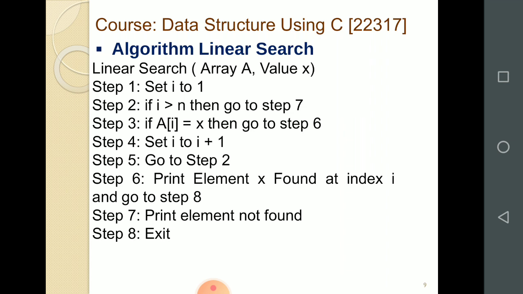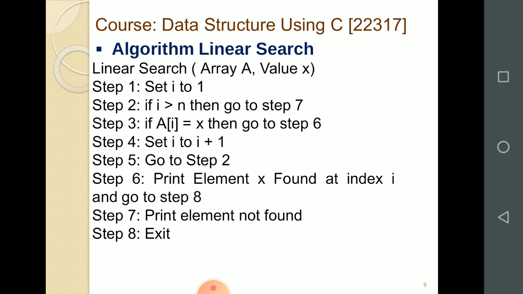For that, we just increase the value of I and then again go to check step number 2. What is step number 2 here? Step number 2 just finds out whether we have reached the end of the array or not. If I is greater than n, where n is the size of the array, we have to go up to the end of the array. Till then we search the element. If a of I is equal to x, we print that the element is at that index, stop the search, and exit from the function.